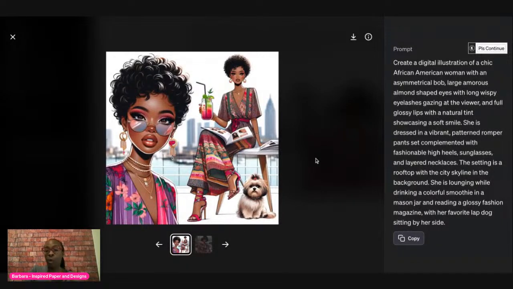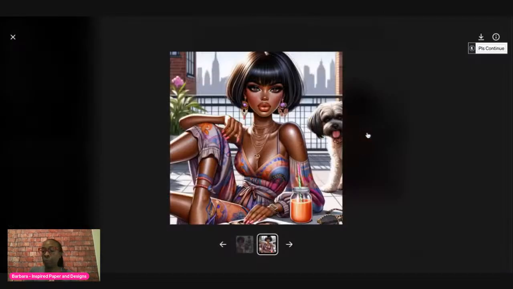Even though we wrote one, it kind of took what we did and made it a little bit neater, or maybe put it in better language that ChatGPT can understand. So that's the first one.